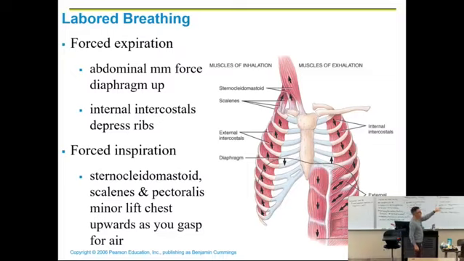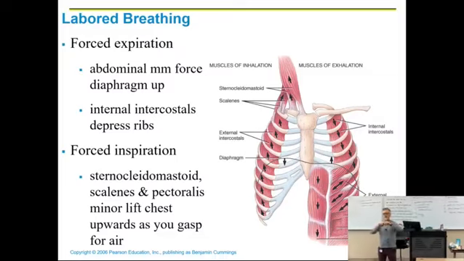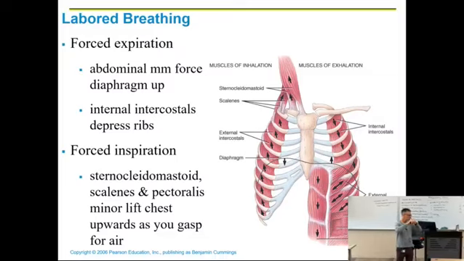But if you need to, right, you recruit those abdominals. Think about when you're blowing out a candle. So that's going to force some of those abdominal organs up against the diaphragm. It's going to push on it even more forcefully. And there are internal intercostals now. So internal intercostals are between the ribs. They have an opposite fiber orientation, so they have the opposite action. They basically forcefully pull on the rib cage to pull it down as opposed to just letting it come down